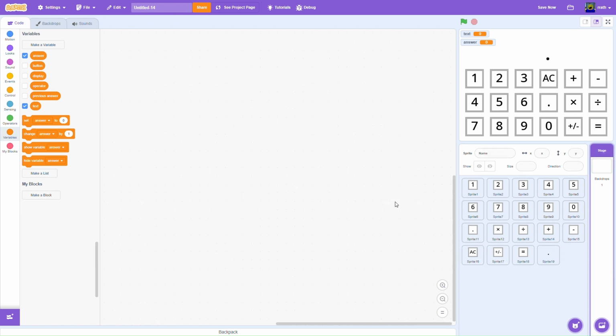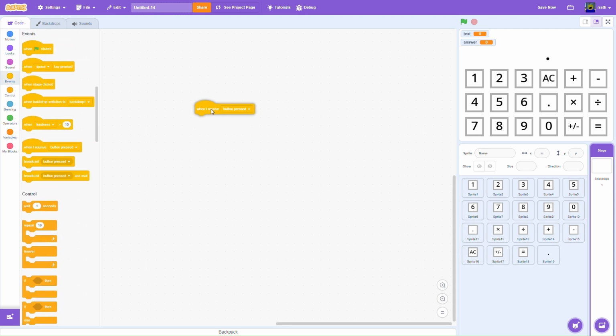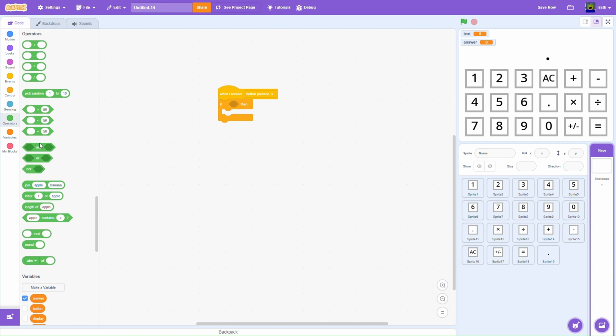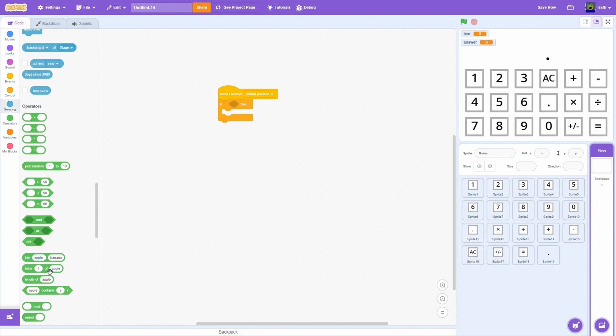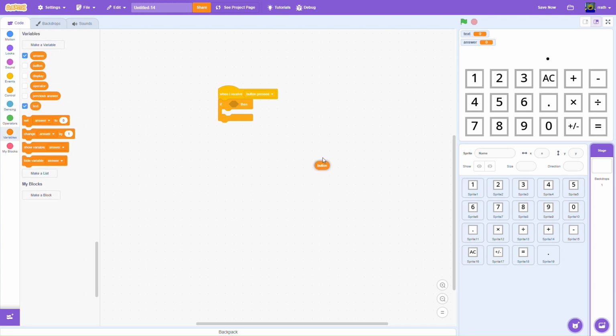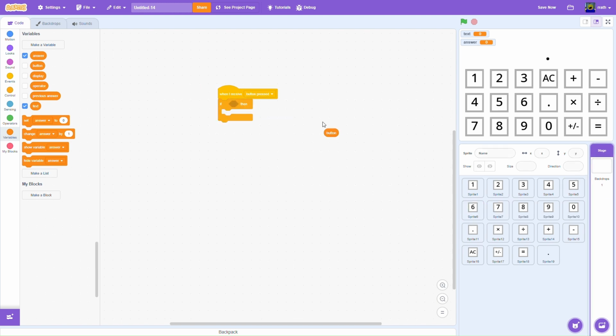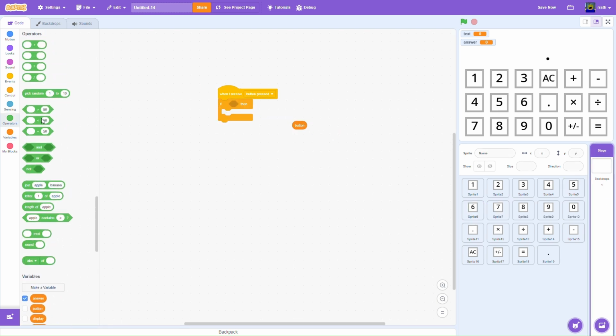So let's go to the backdrop, and we want to receive button pressed, and we want to know what kind of button it is so that we know what to do with it. After the button's pressed, if it is a number, to know whether it's a number, we can do if button, here we set button to whatever key it is. So if button has a number,